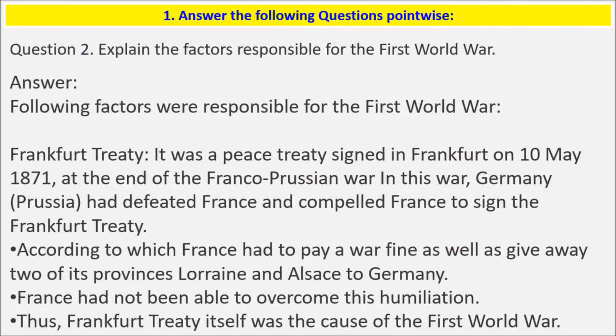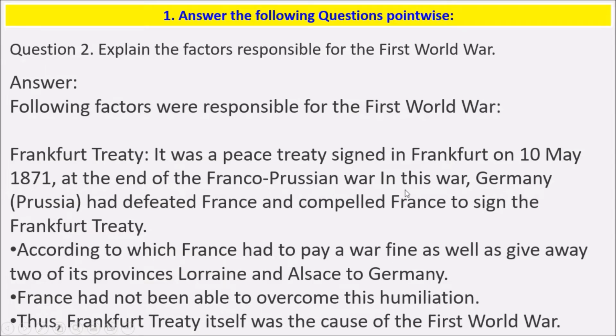Second question. Explain the factors responsible for the First World War. The main causes responsible for the First World War are, first, the Frankfurt Treaty. It was a peace treaty signed in Frankfurt on 10th May 1871, at the end of